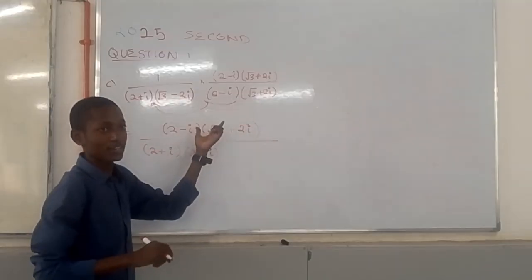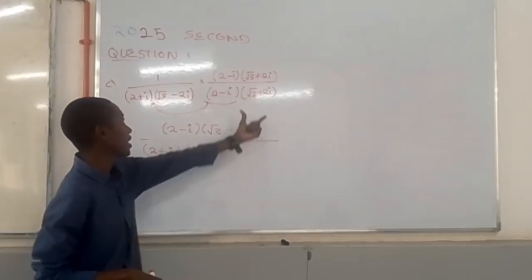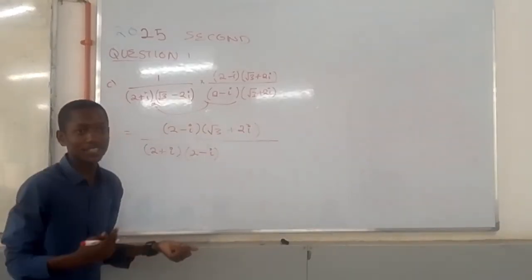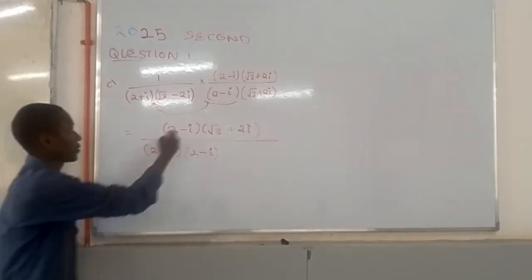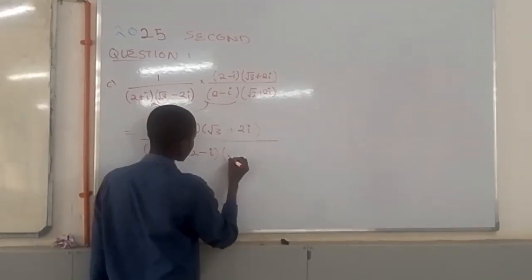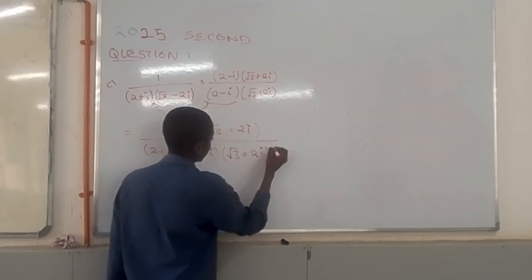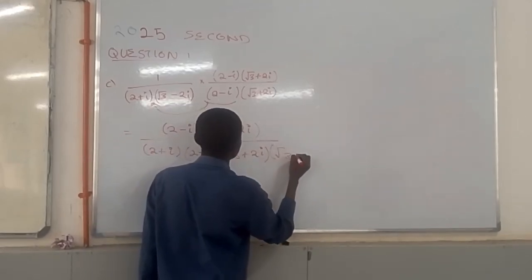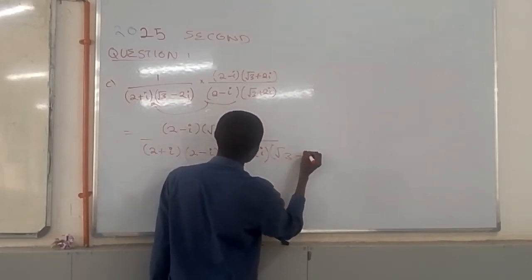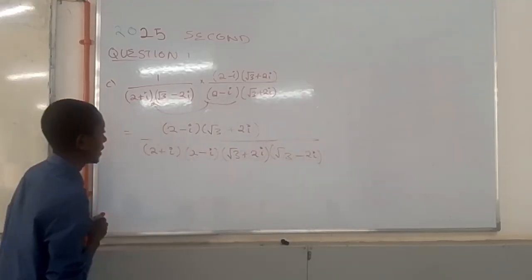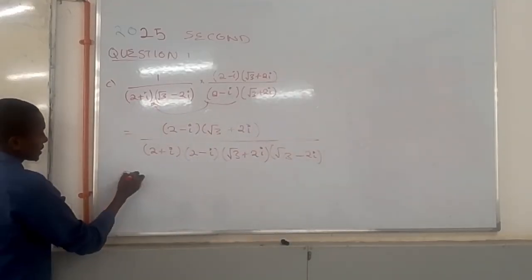Group them together. Timothy, do you understand that? Yes. So I'll start with this one: root 3 plus 2I, then root 3 minus 2I. Okay, so if I write it like that,